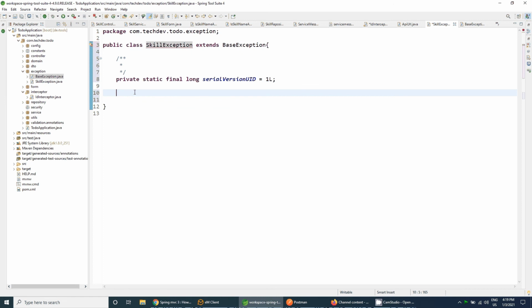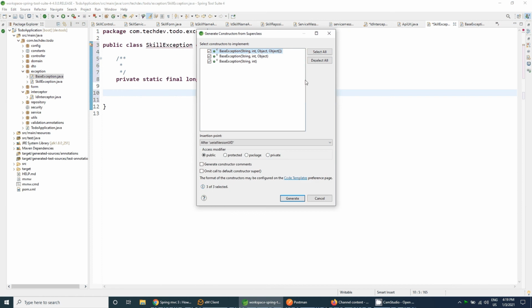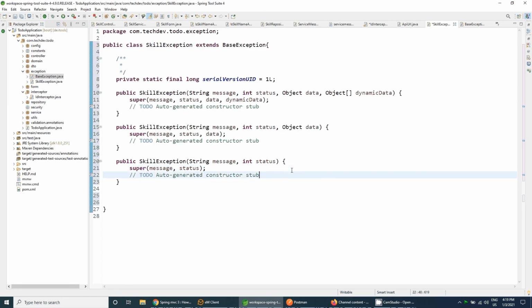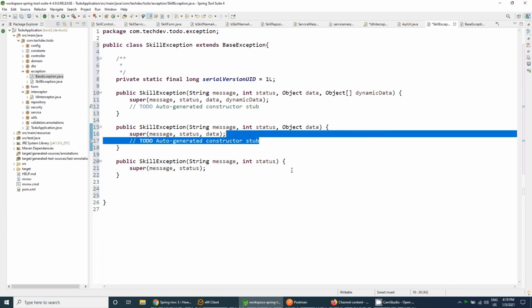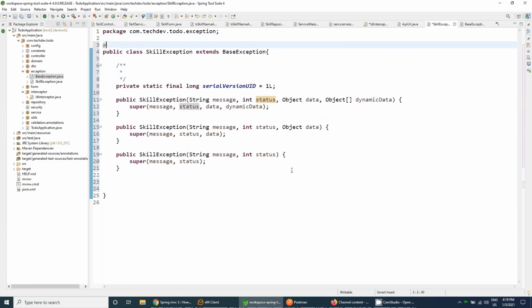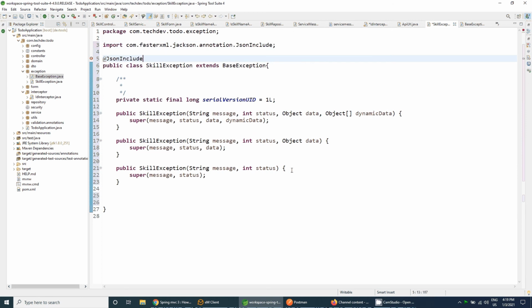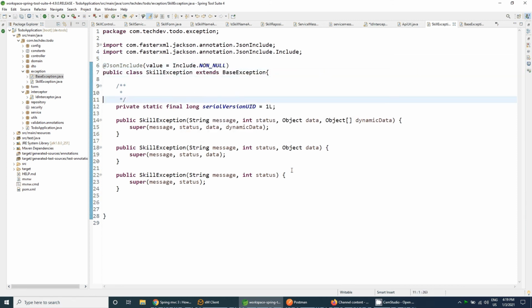So let me override all the constructors from the super class. And here add JsonInclude with value non-null, include non-null. That's it.